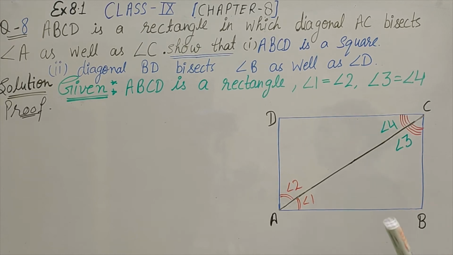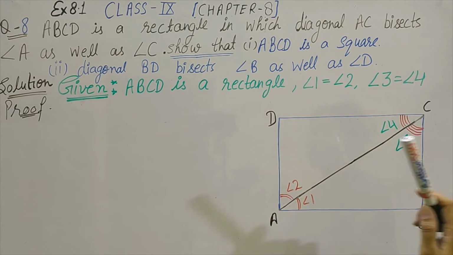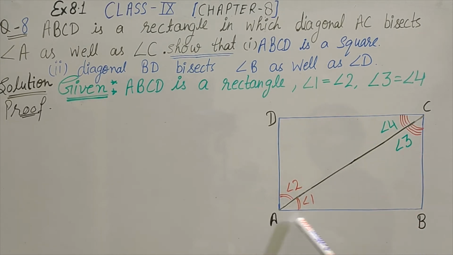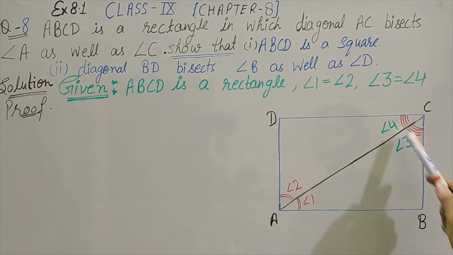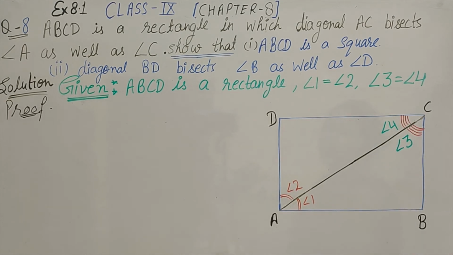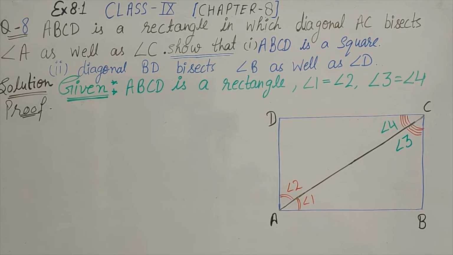And I would like to say it is same as question number 6. So you can watch the previous video also. In that question, ABCD was a parallelogram. Angle 1 is equal to 2, 3 is equal to 4. This was also given and we have to prove ABCD is a rhombus. ABCD parallelogram was given और rhombus हमें prove करना था. In this question, ABCD rectangle is given and diagonal bisects angle A and angle C. In this question, we have to prove ABCD is a square. So it is just same as question number 6 of the same exercise. So proof will also be same.